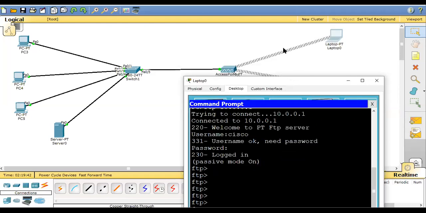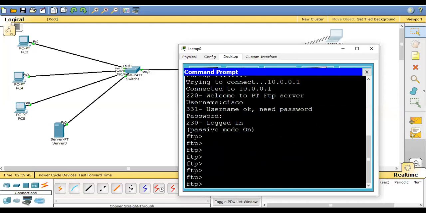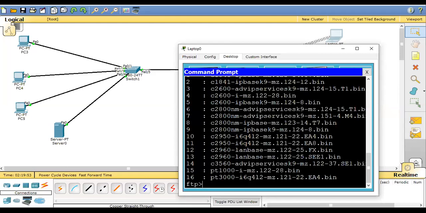All right. Now let's say I want to get some file from the server. Here, dir is the command to check the directory. Let's say I want to fetch this file from the server. So just copy this file, and the command is get, and paste the file.